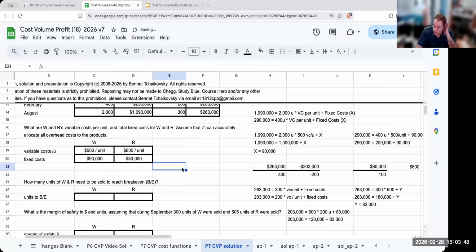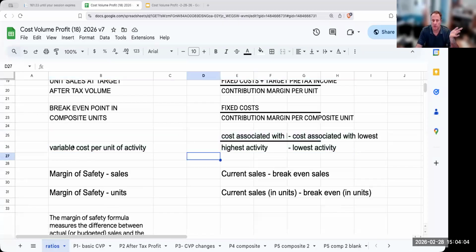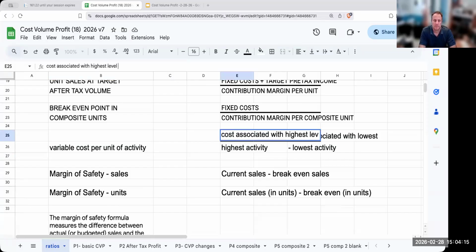So in terms of solving this part over here, given this limited data, what are the variable costs per unit and what are the fixed costs? So given this type of question, if you're taking my class, I will be providing you this formula over here, which is going to be the variable cost per unit of activity: high costs associated with the highest level of production minus the cost associated with the lowest level of production,